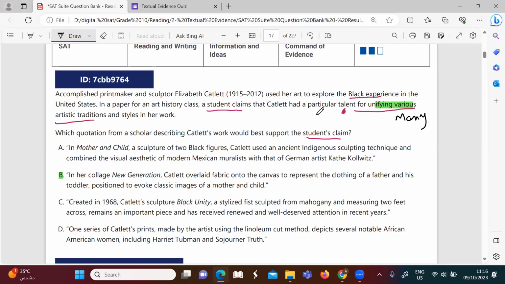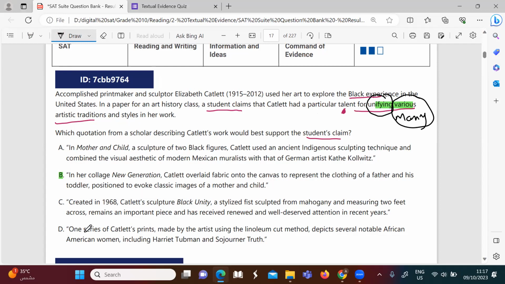So the claim, guys, is that she had a particular talent for unifying many traditions. Unifying many traditions. Let's move to choice